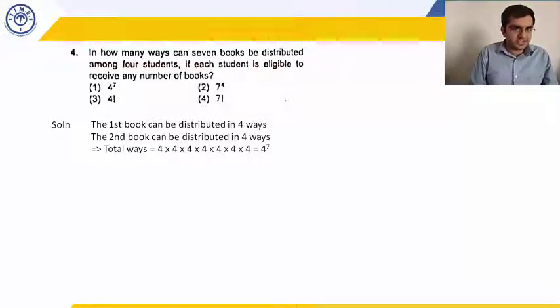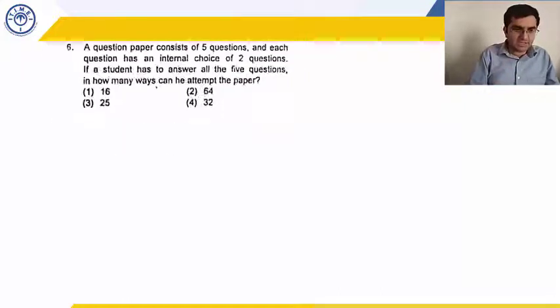So you see, no separate selections and arrangements, all within a single step. When you say that this book can be given in these many ways, question is over. Of course, you can do the selection and arrangement way also, but it will take approximately 5 minutes. So this is what you have to learn, to identify which method of selection and arrangement together works where. This will come with practice. So let's look at a similar question.